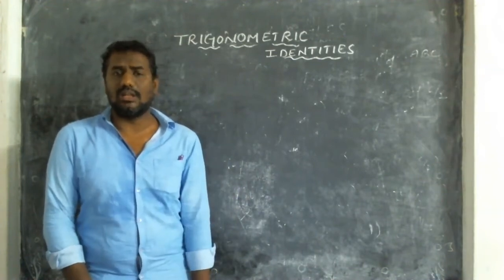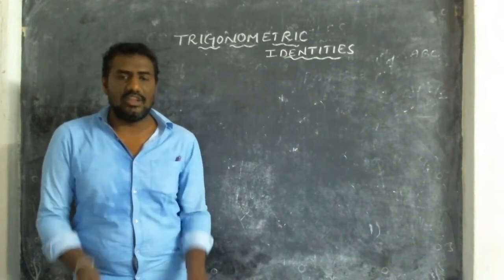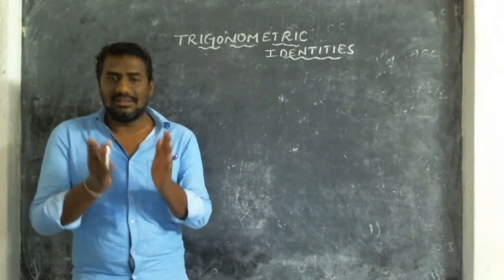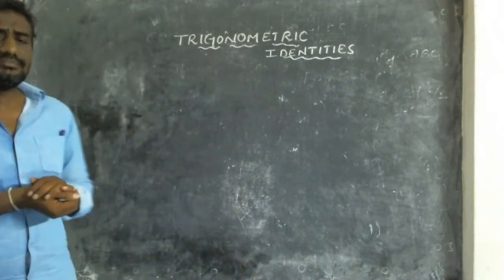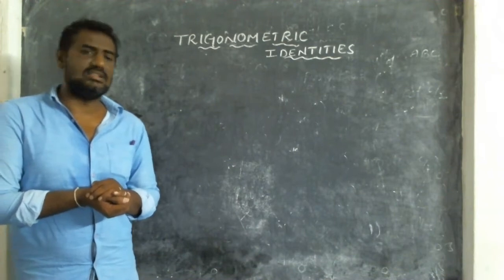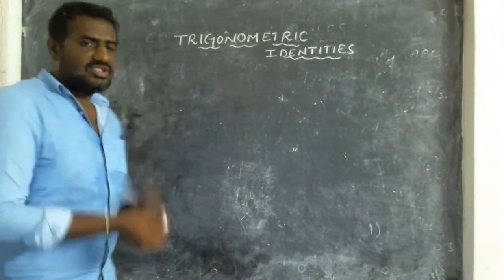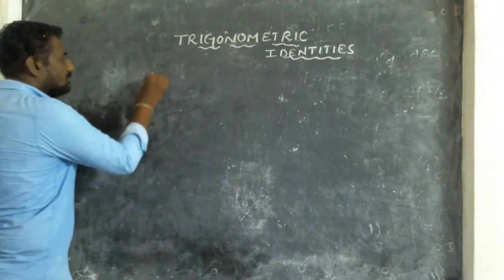Now we are going for the last and final topic, trigonometric identities. It is a very important and also interesting exercise. Here we have to study some trigonometric identities. There are three trigonometric identities. The first trigonometric identity is